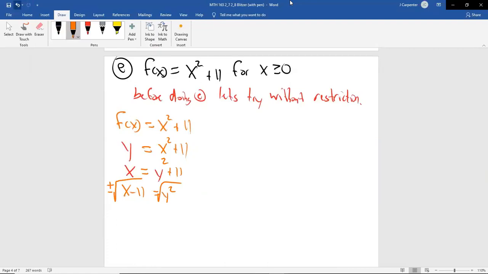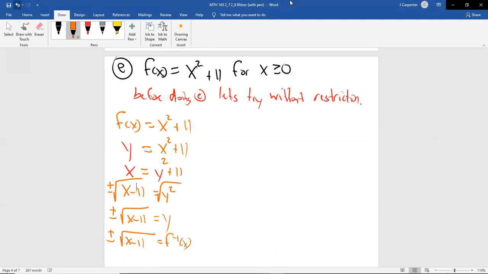Now I say technically because if there's a reason not to, then you don't. In word problems, often there's not a reason to. When we get into trigonometry, sometimes there's not a reason to. And in this case, when we get the restriction, there won't be a reason to, but for now, we would leave it. So we get plus or minus square root of x minus 11 equals y, and then we switch to the function notation.